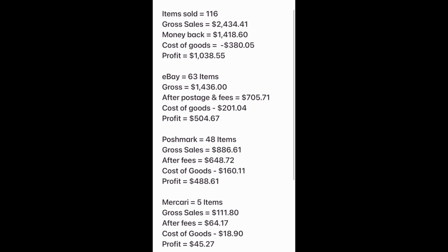On Poshmark, I sold a total of 48 items for a gross sales amount of $886.61. After fees, I received back $648.72. My cost of goods on Poshmark was $160.11, and my profit was $488.61. I did not highlight any of my items on Mercari because they were just small sales, but I did